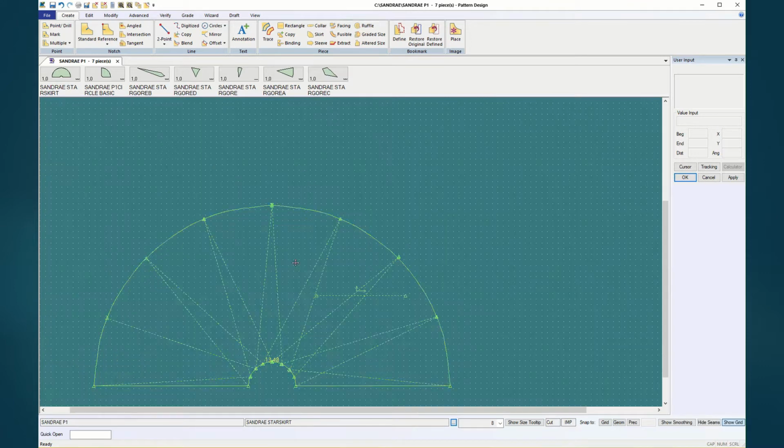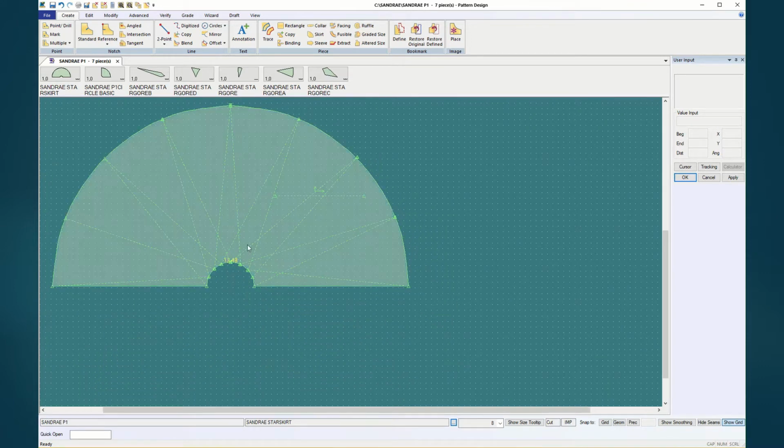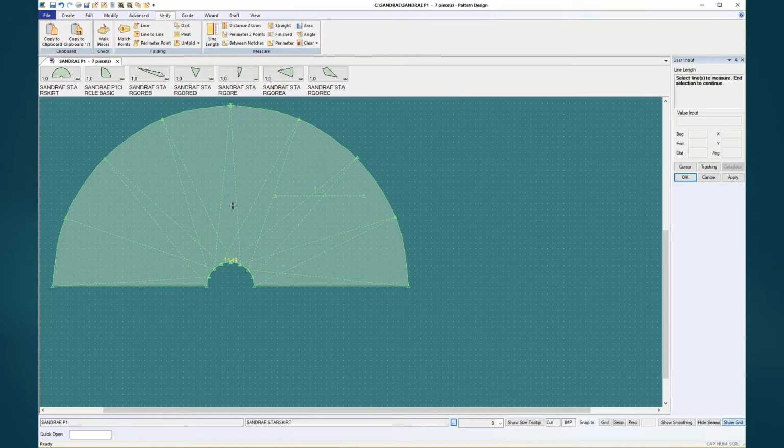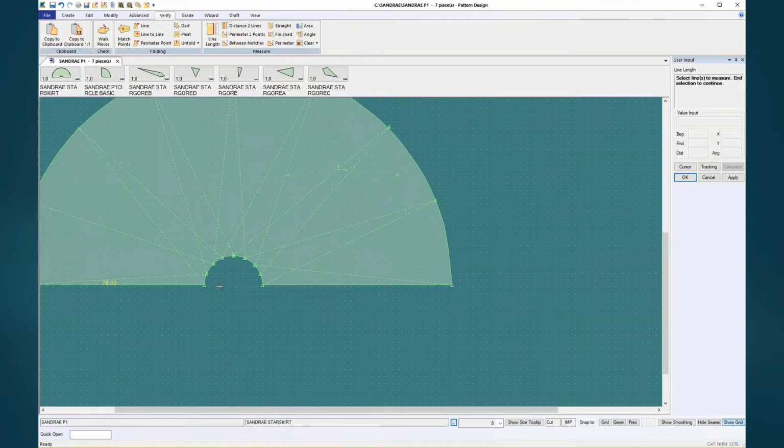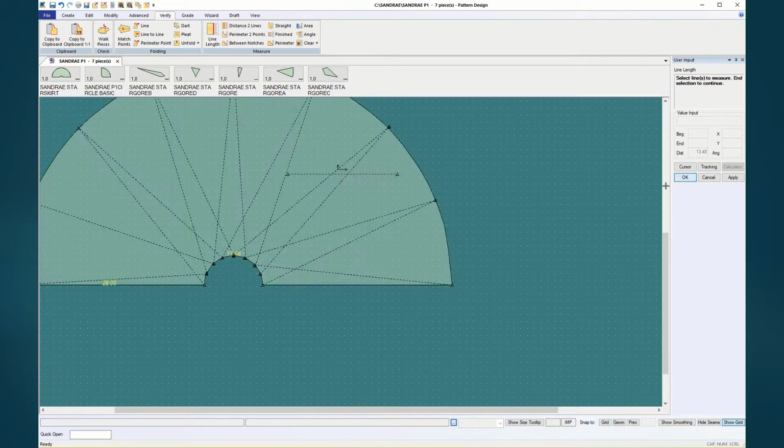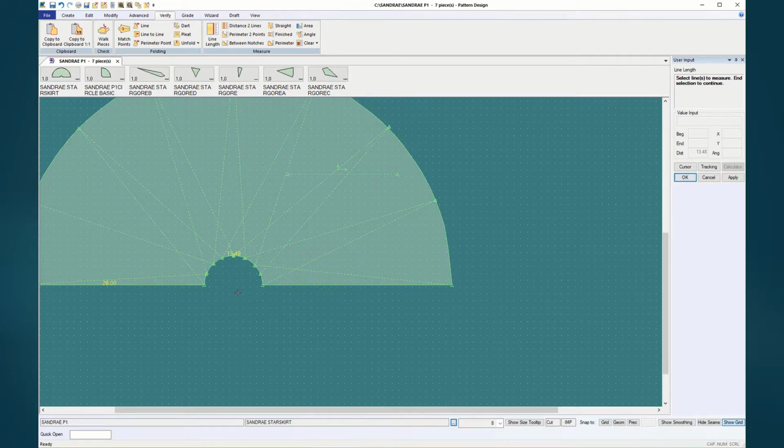So what I'm going to do is recreate this piece in a way that I don't create screen garbage. So I'm going to start by verify measure line length, and I'm going to measure the circumference and the length because those are the two things it's going to ask me for. It didn't give me that one for some reason. Okay, so